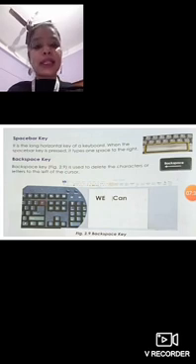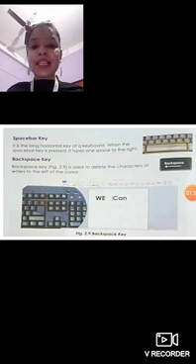Suppose you are writing the name of someone, and when you are typing, there is a spelling mistake. The last letter you have written wrongly, you can just press once, and the letter or alphabet will be deleted. Pressing twice, two letters or alphabets will be deleted. So this is known as the backspace key. The backspace key is used to delete on the left hand side.